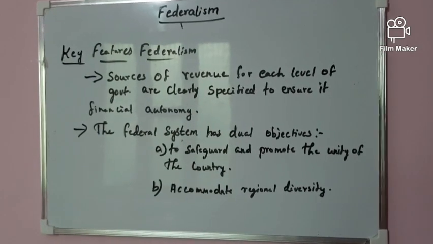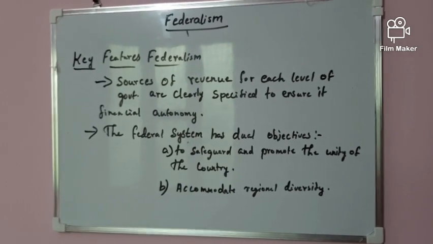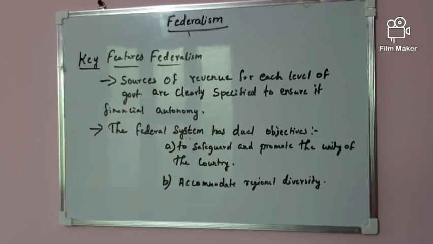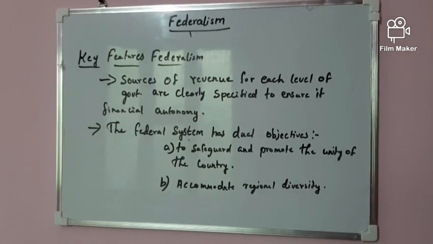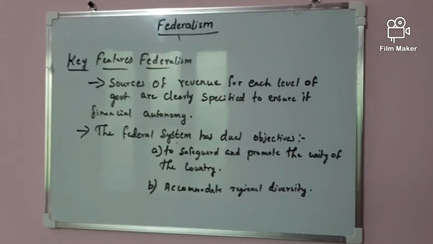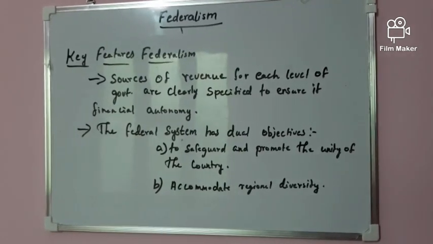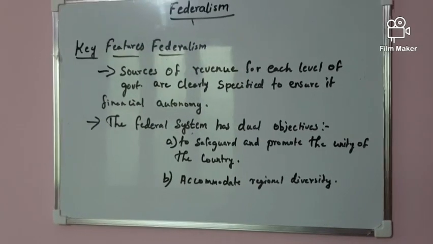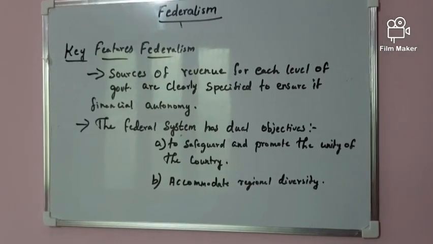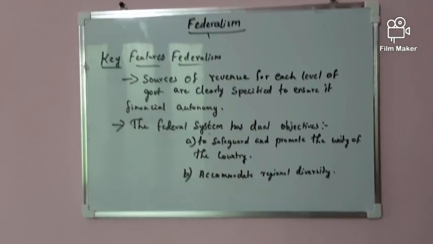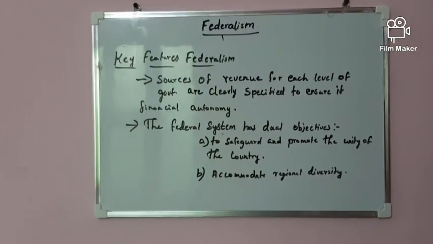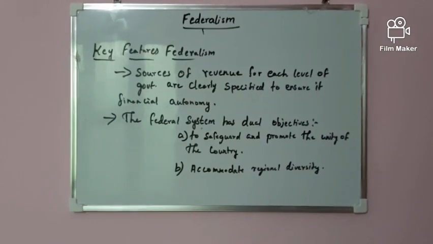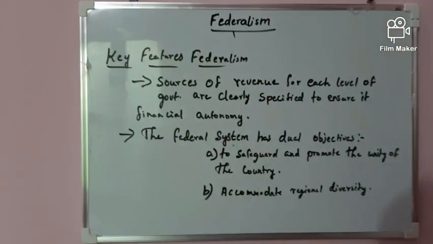The next one is that the federal system has dual objectives. The two dual objectives are to safeguard and promote the unity of the country. That is the one thing they have to follow: safeguard and promote the unity of the country. They should have unity among the country. Another one is